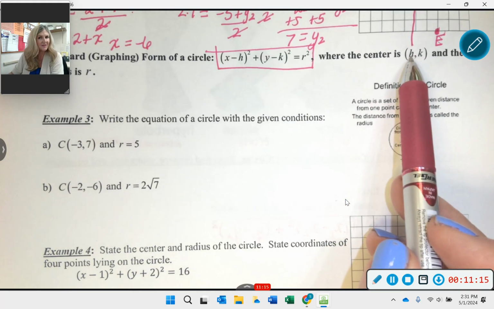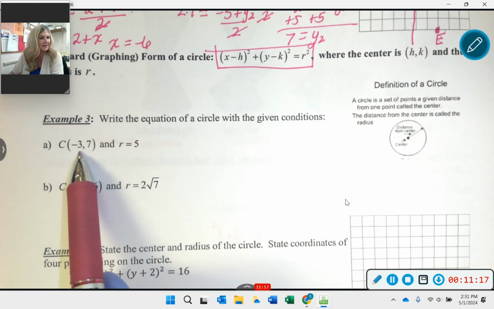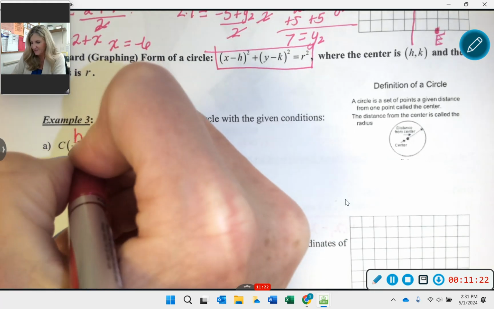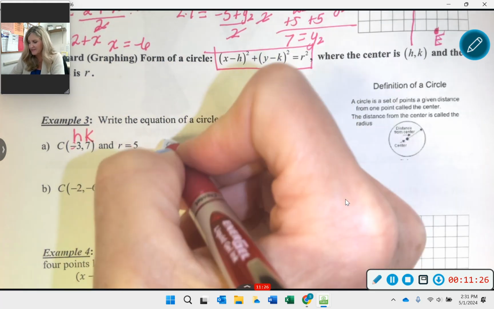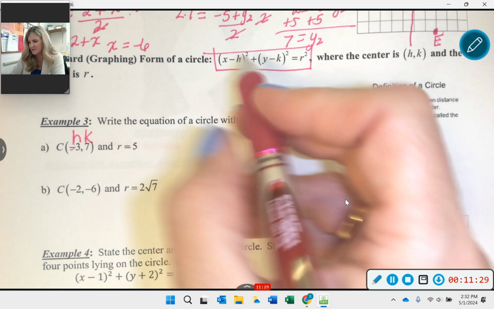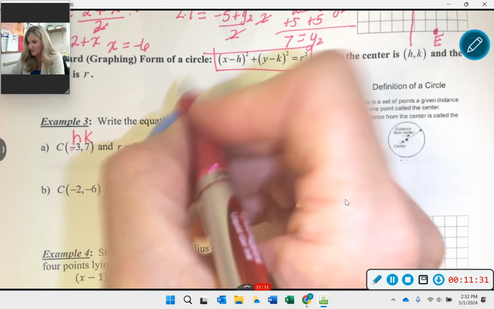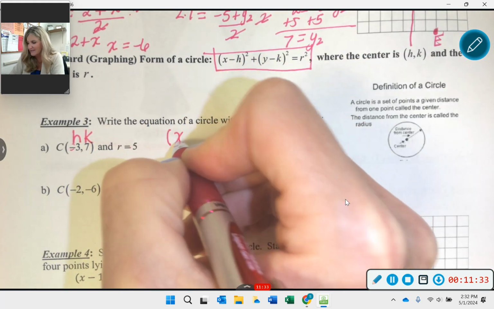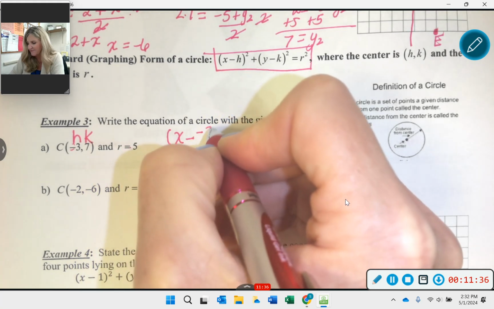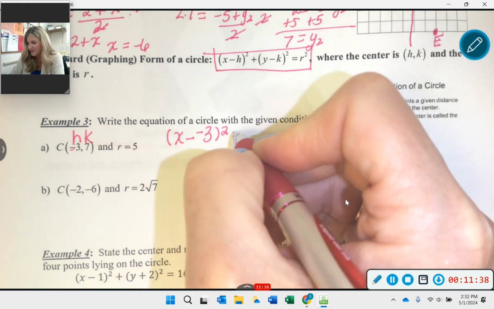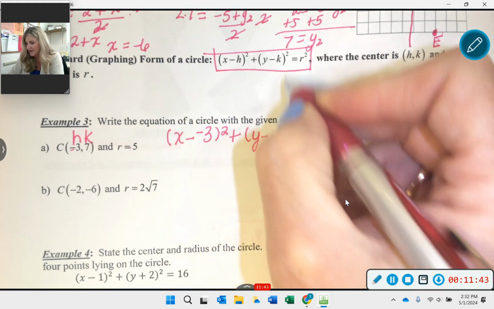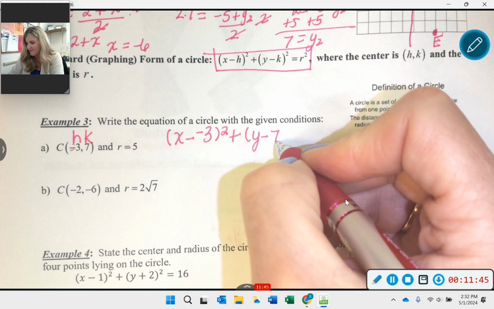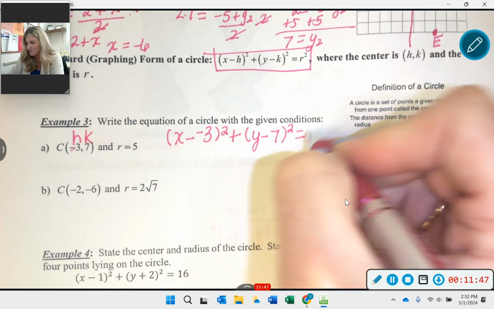Matching it up, the center is (h, k). So what's -3, h or k? H. What's 7 going to be then? K. And here's our radius. So I'm going to plug that into my basic graphing form for a circle. I'm going to do x minus -3 squared plus, plugging in k, y minus 7 squared equals,